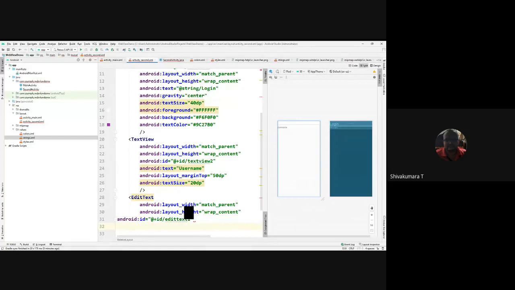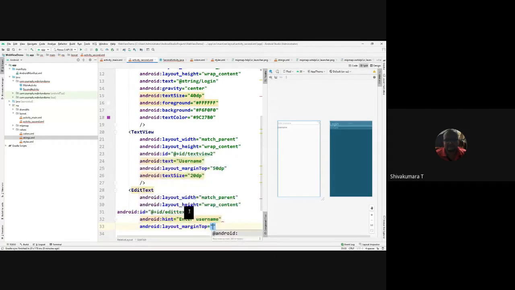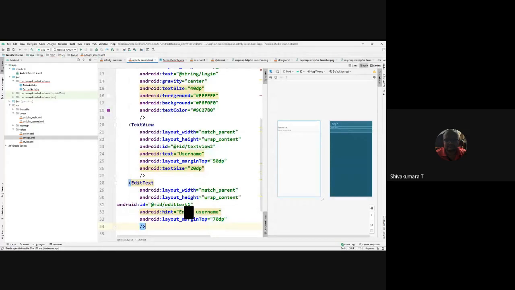Then you can provide the hint what to enter: enter username. You specify the margin top from that point, 50. In that position the username content is already there. Below that you can select 70 dp, then close.